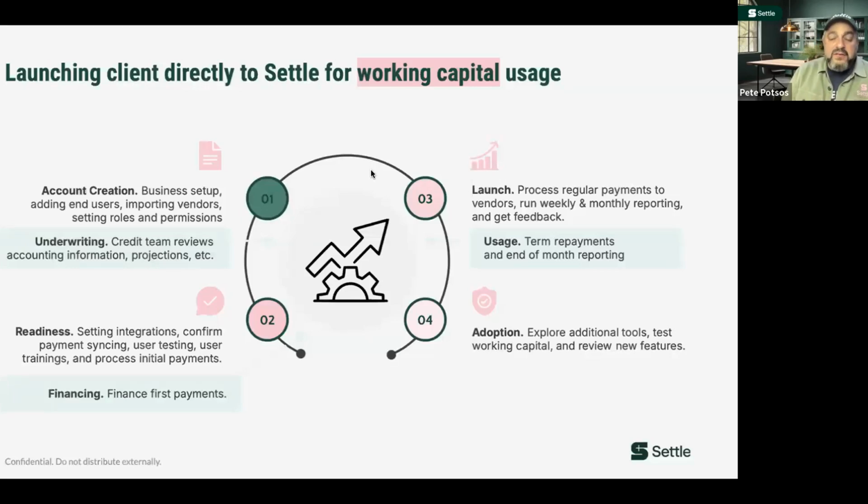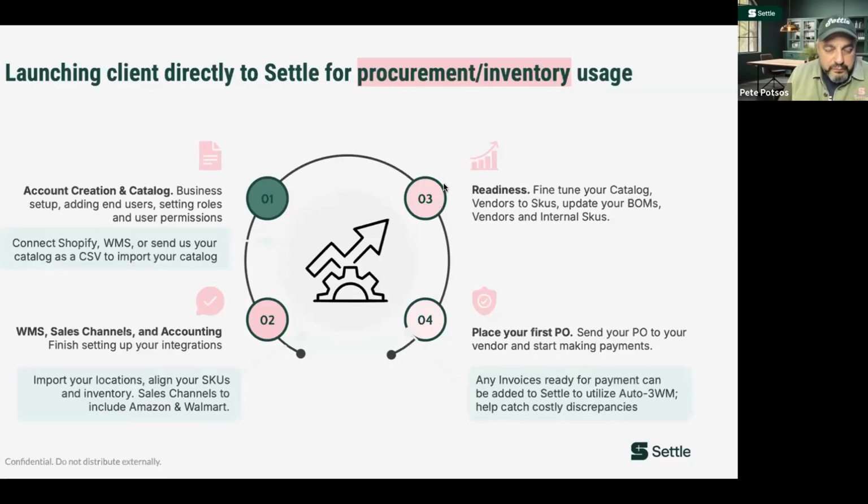And then if you decide, hey, look, we're ready to get into an inventory management tool, then it's a matter of getting your account created and your catalog connected. We like to start with your Shopify, for example, or Amazon. Bring in the data from there because you've got that organized a certain way there. Then we connect your warehouse management systems, or we can help you. We can give you white glove assistance to set up your catalog, and then